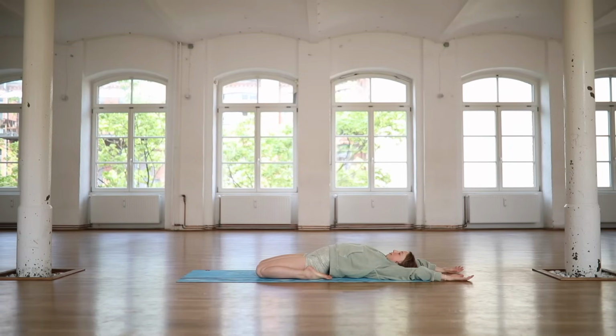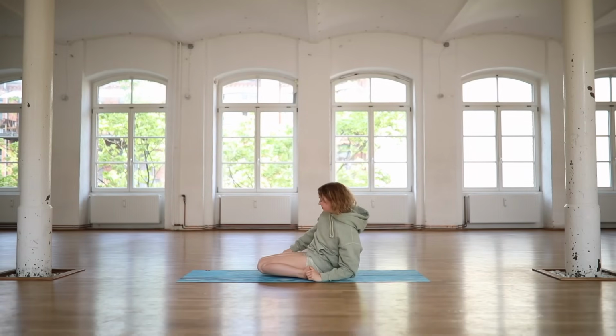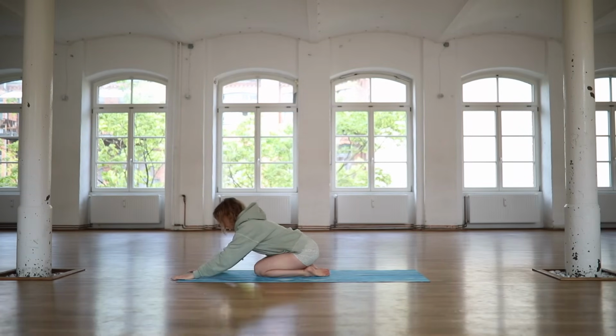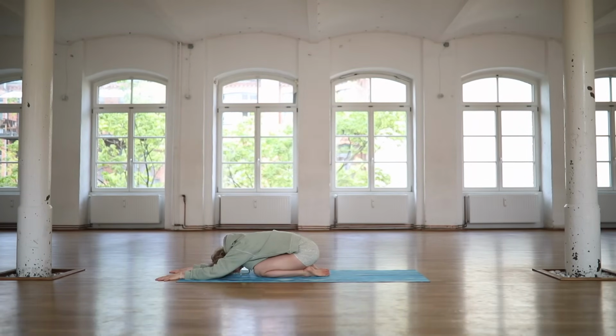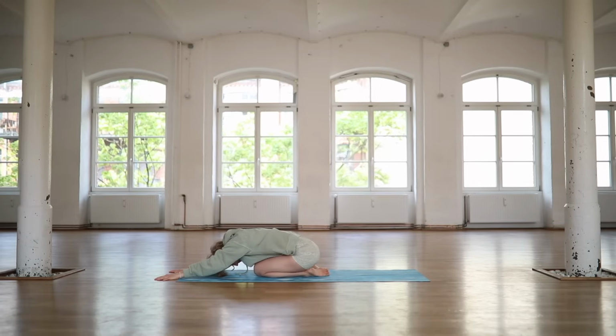Gift yourself a deep inhale and a long exhale. Slowly come back up and find your way into Balasana, resting your forehead on the mat, breathing deeply into your lower back. Slowly rise back up